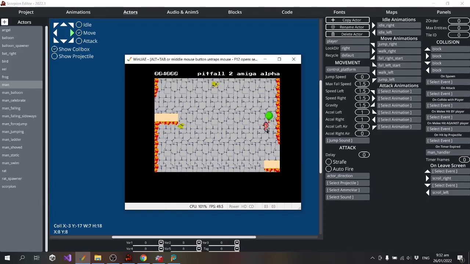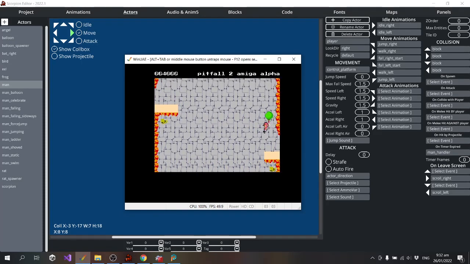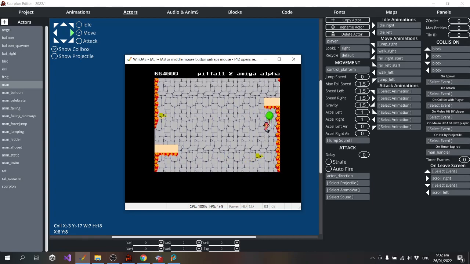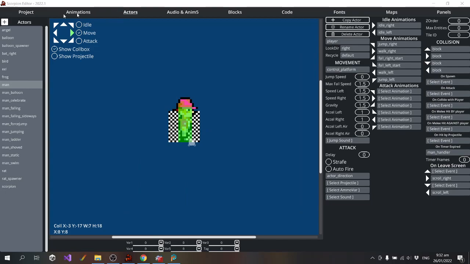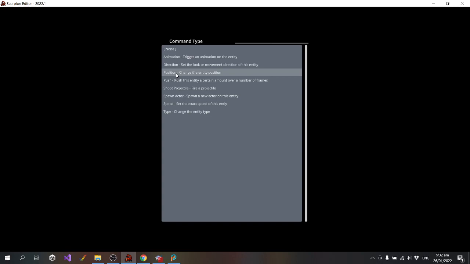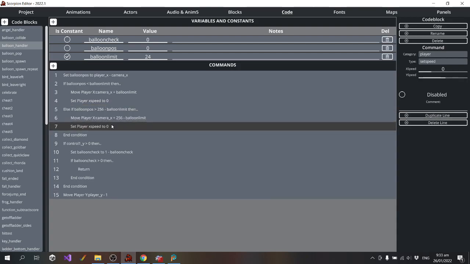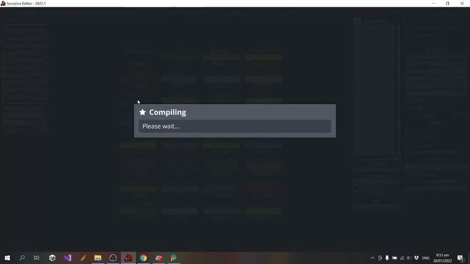There, it does look a little bit strange that if I'm holding against there, it's shaking. So I might change that so it doesn't. I might see what I can do about making it so it doesn't shake like that. I'm just gonna go player set speed to 0. So that should stop and not only reposition the player, but hopefully stop it moving so that it stops shaking like it is.